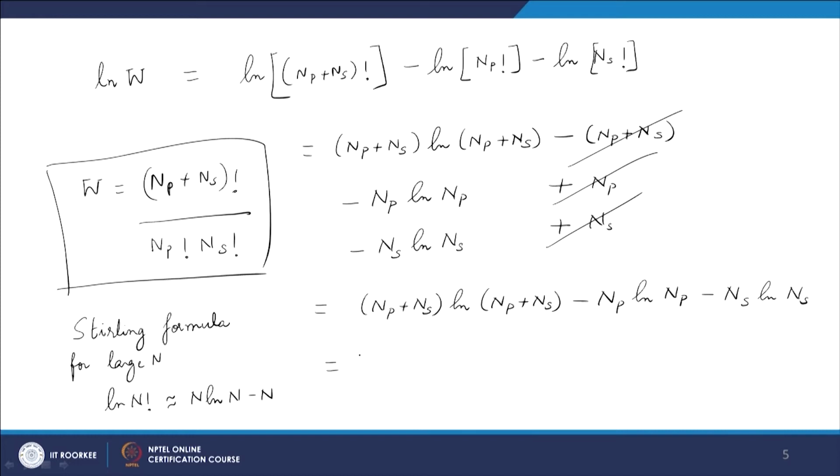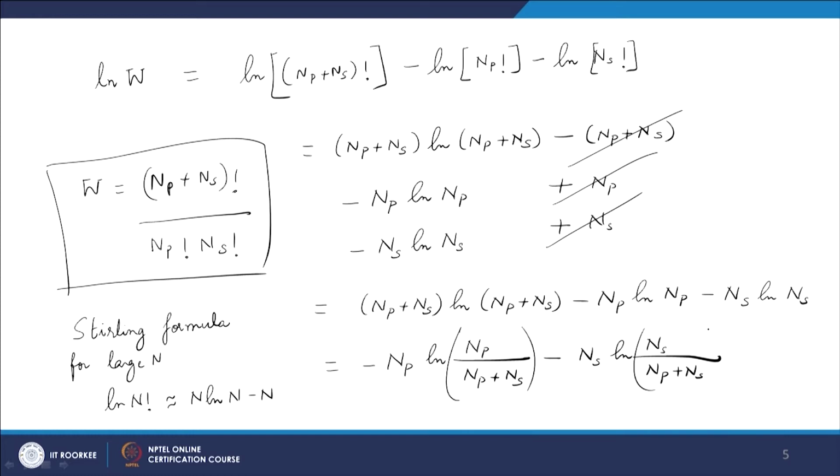This I can write as −Np ln(Np/(Np + Ns)) − Ns ln(Ns/(Np + Ns)), and this by definition is my phi. So, this has to be 1 − phi, and so we get